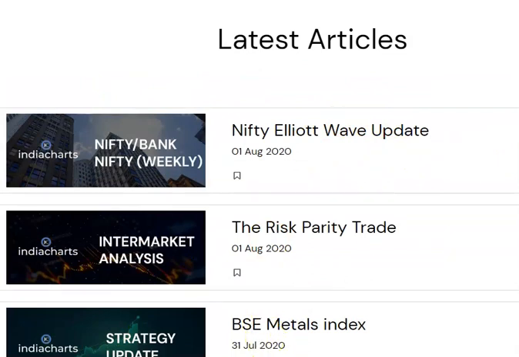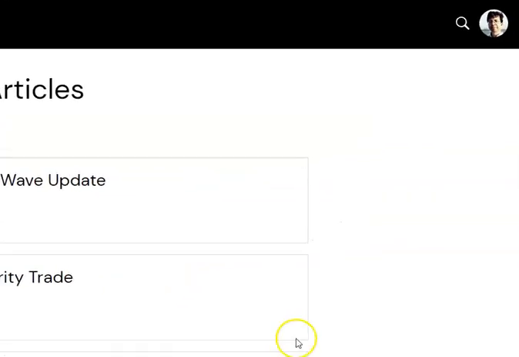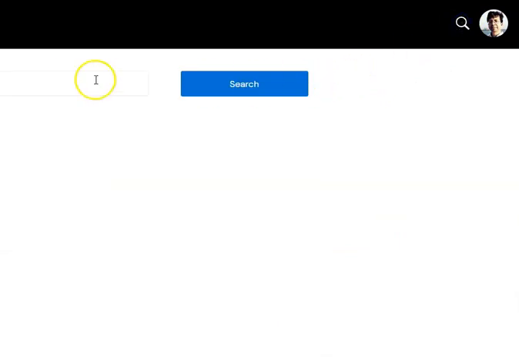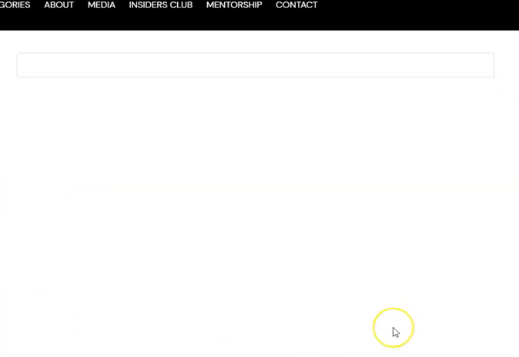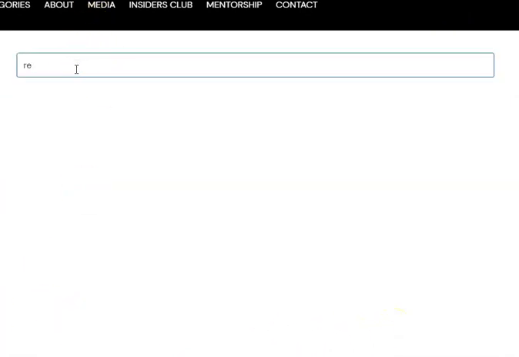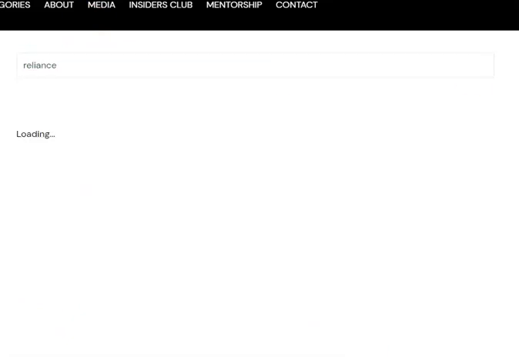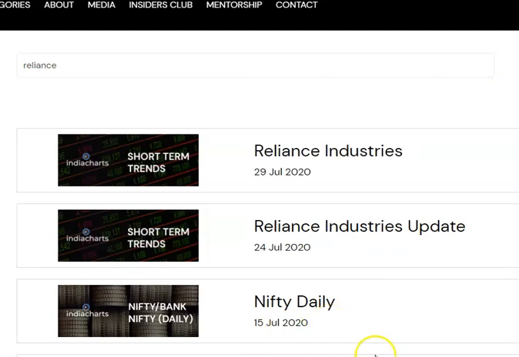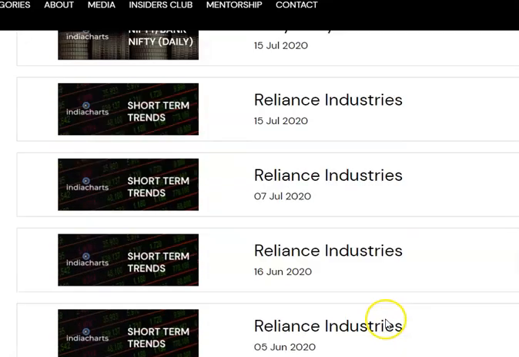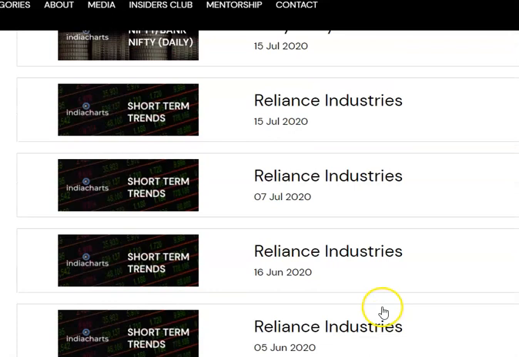But if you're looking for a particular item, simply go here and use the search box. This is the best way to search something. So if you're looking for a particular stock, the moment you click search, go right here and you type out, say, Reliance. So let's see what happens. And you will get a listing of every article that has Reliance Industries inside it.